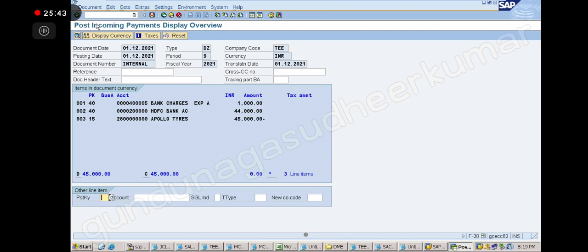Yes, sir. In this case it is not like that. At the time of invoice, the customer said they will pay in cash. After some time they said they will pay with bank charges. And how can we add it? Yeah, so he is changing the payment term. Yes, he's changing the payment term and he added the bank charges. Then do we need to change the invoice, or how can we adjust that bank charges?